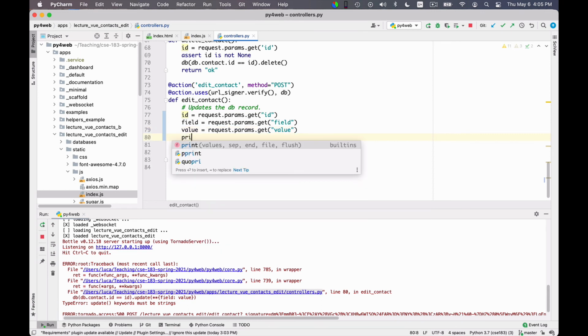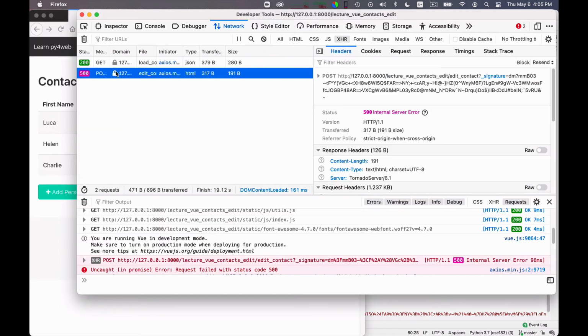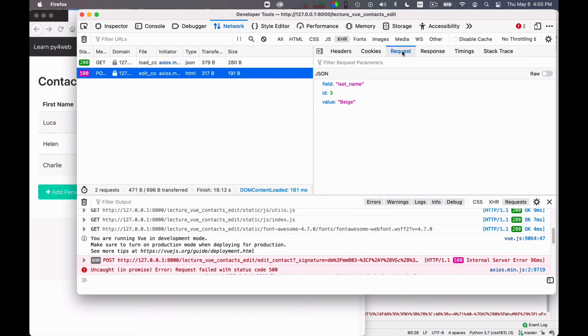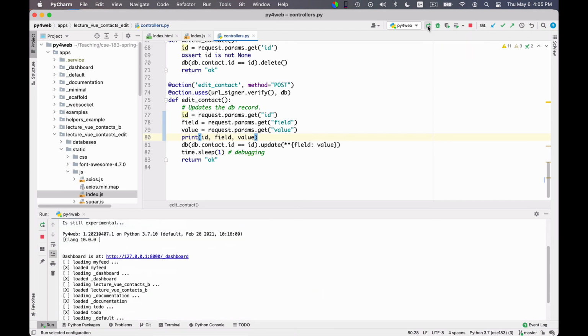So I say print id, field, value, because it tells me the keyword must be a string, and I say, why on earth are these not strings? In fact, I want to print them, and I also want to give a look at the request. Because this post request, I can look at the request itself, and to me it seems perfect. The field is last name 3 beige. Why does this break? So I have added this debug print to the server. I can now restart the server,